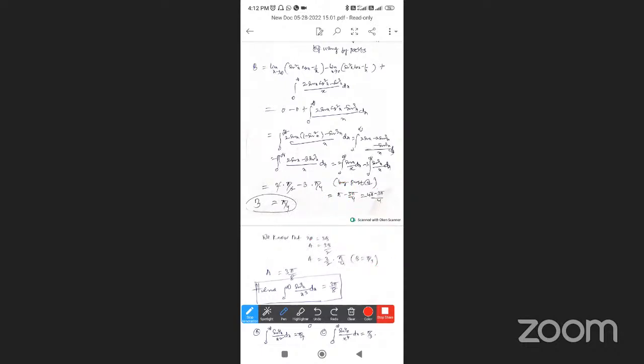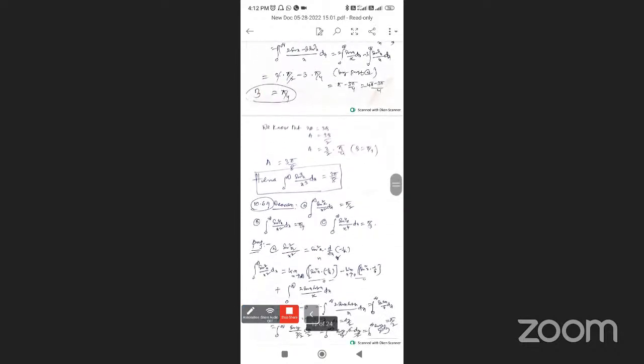We got the result: b is equal to pi by 4. What is the b value? We know that, and this is called 2a. 2a is equal to 3b, and also